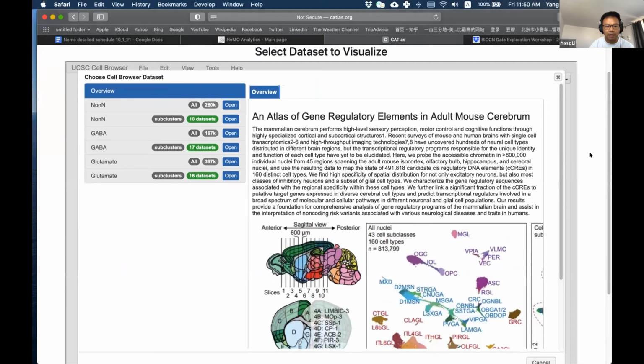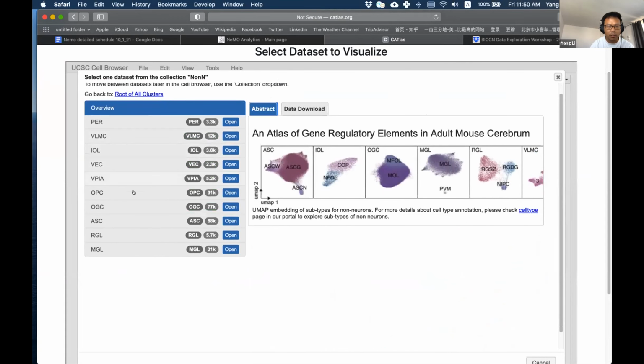In this page, you can explore the cell clusters at different levels. If you're interested in exploring all the non-neuron types, you can click the first data set here. And if you're interested in some subtype of the non-neurons, you can open it and go to a different data set.